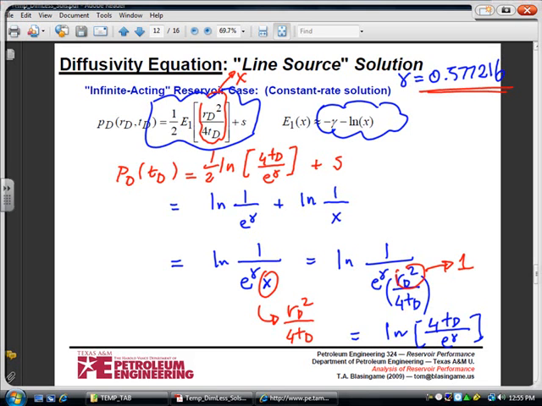Okay, now this is our solution approximated by the natural logarithm. And what we are going to do next is we are going to use the definitions of the dimensionless parameters and then insert them into this equation. Okay? And